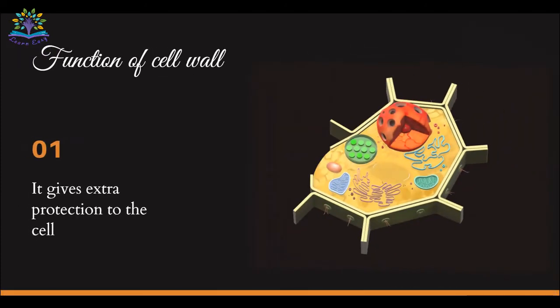Now let's see the function of a cell wall. So why do you think that plants need cell wall? Plants need cell wall because they are not motile. They have to stand in a single place and face all the environmental changes, while animals can take shelter. So cell wall gives extra protection to the cell and rigidity so that they will be able to face all